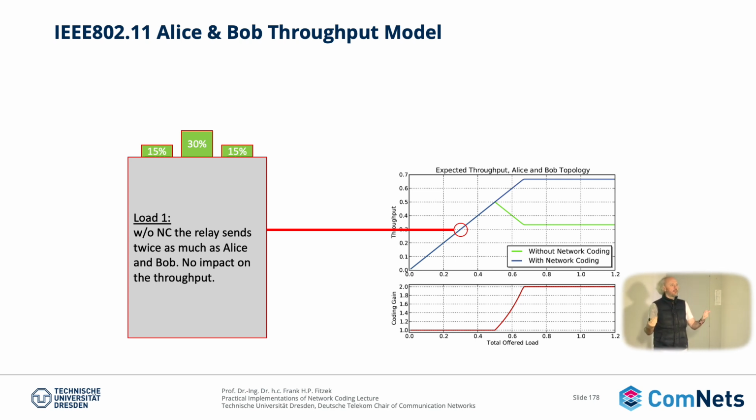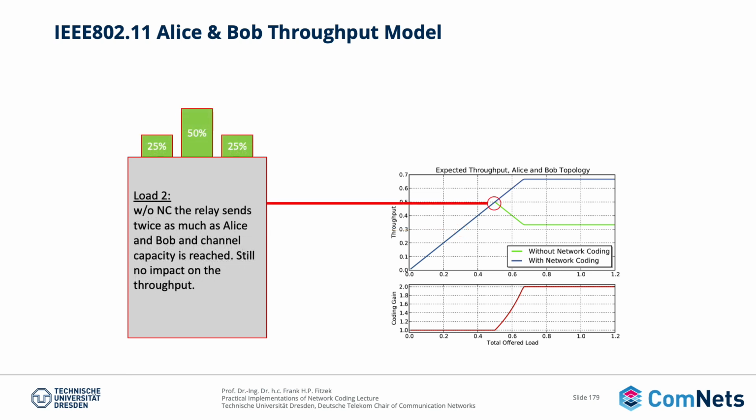This is store and forward, right? So what we would like to look at is the throughput over the nominal load. Blue is with network coding and green is without. So what you see here, 15% from both sides means 30% load. And what is the system capacity? 30%. No problem, right? If you go up here, 25%